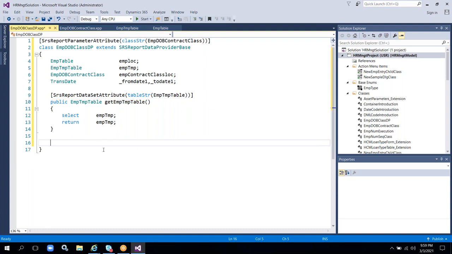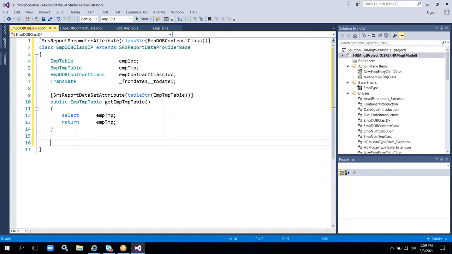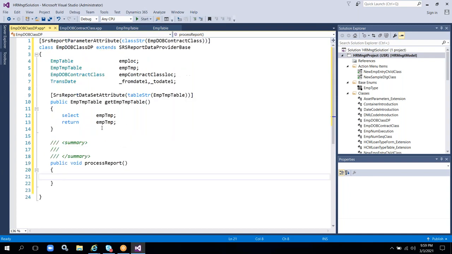Now I will write the business logic in the process report method. Right click on the screen, go to insert override methods. There is a process report method. This is a completely override method. Here super will not work. You can delete this one. Now already we have defined the contract class object, right? This one. Contract class object equal to